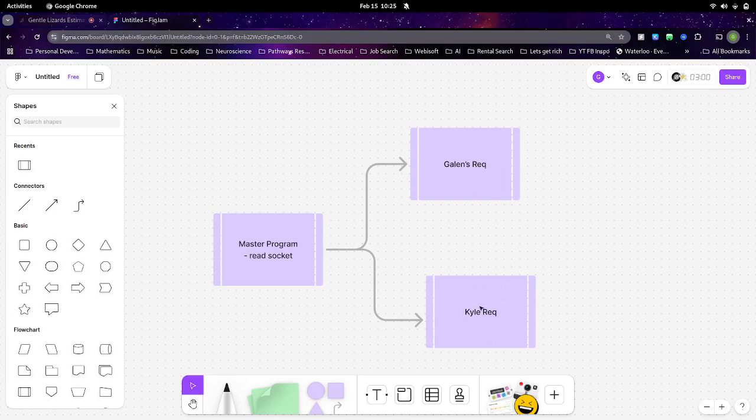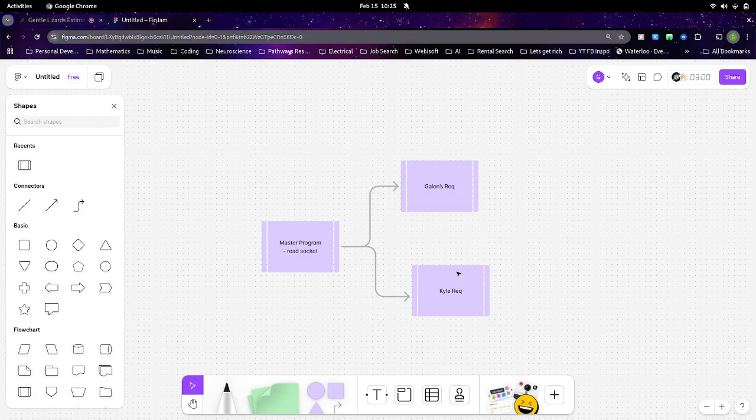My request has nothing to do with Kyle's. From a security perspective, we would also never want them to interact with each other. There's no good reason or need for that information to be shared, and that's ultimately what we're doing.